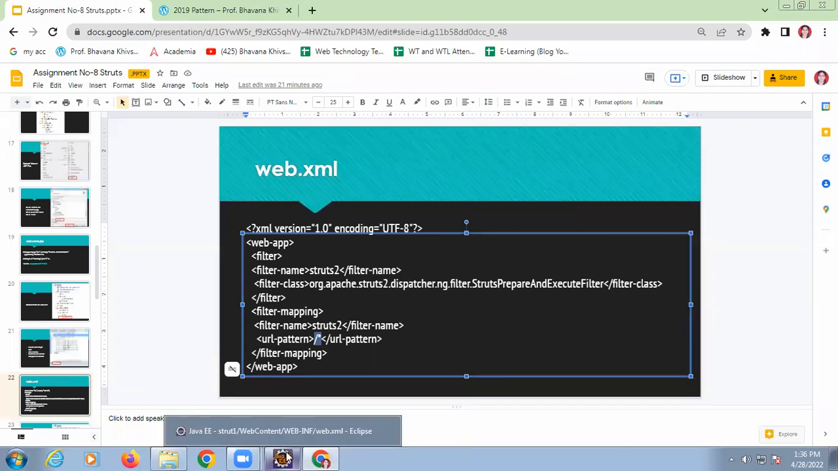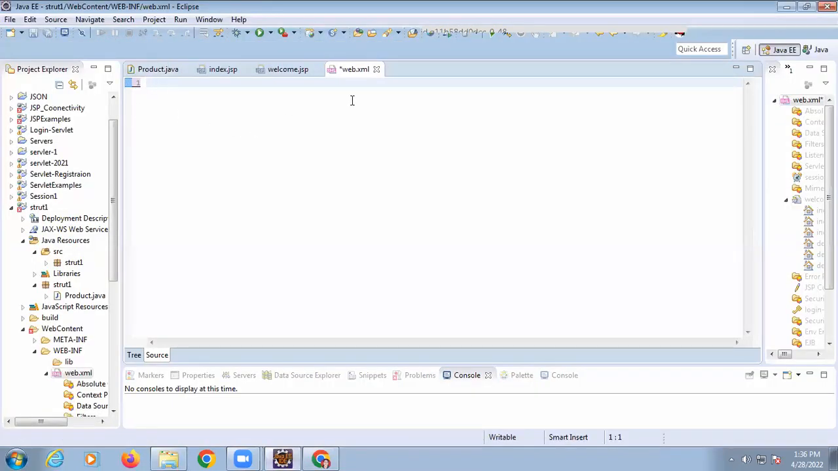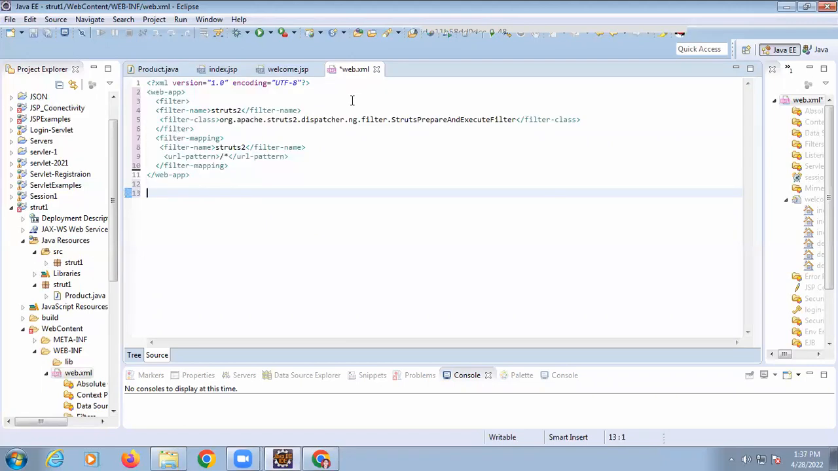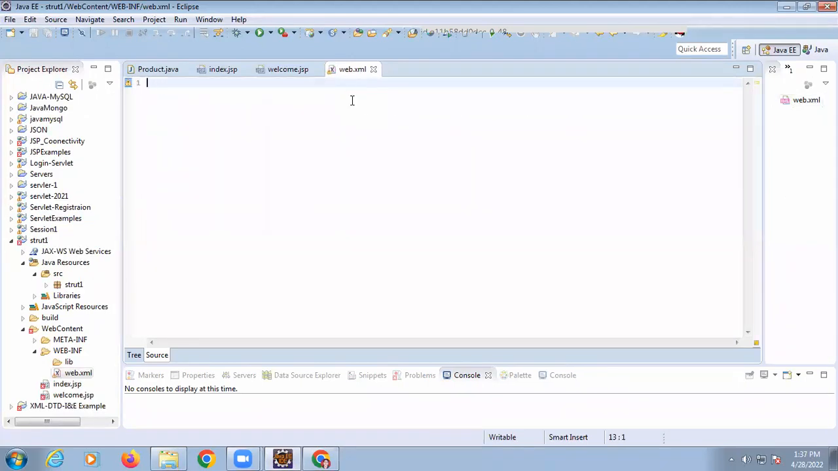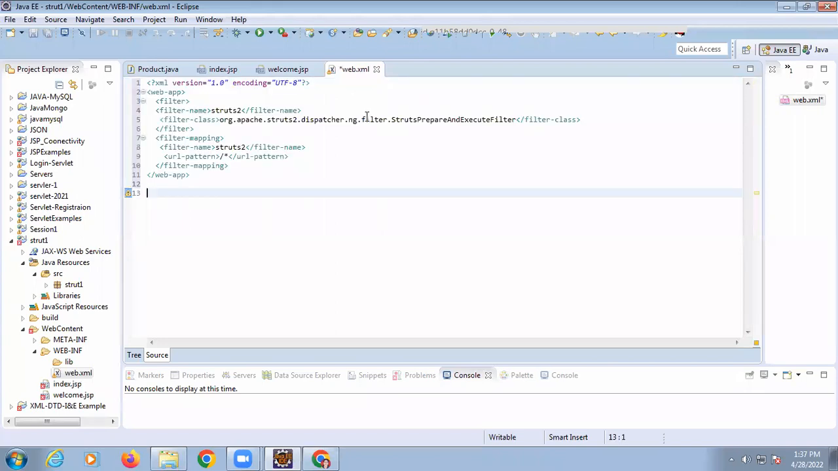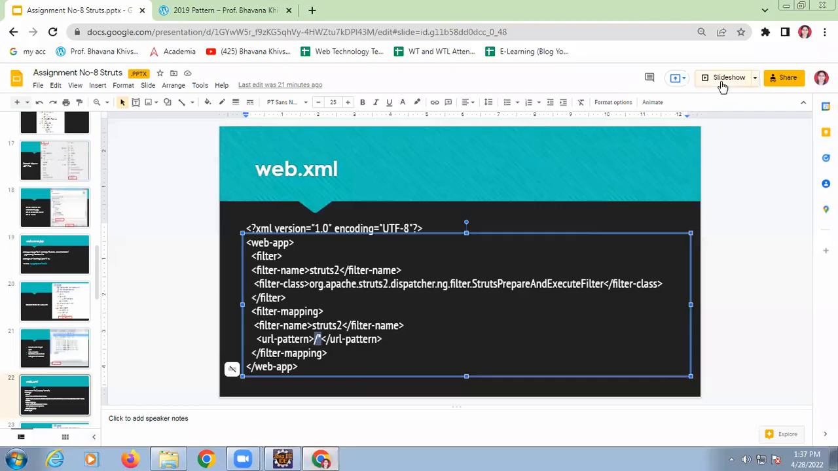So now I am following the same step here, going to web.xml and just pasting this code. Again, click Control S. And Control S. So all our 4 files have been created. Only one file is still remaining to add. Okay, now the next step is,